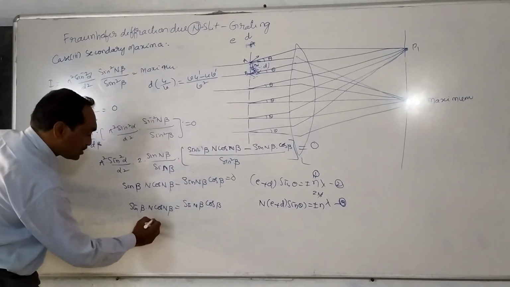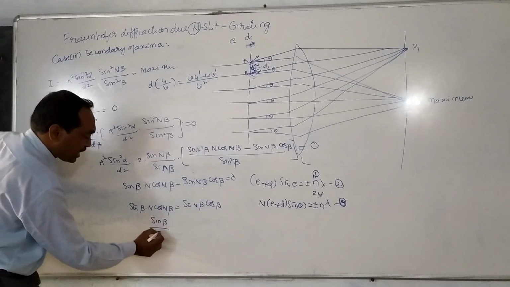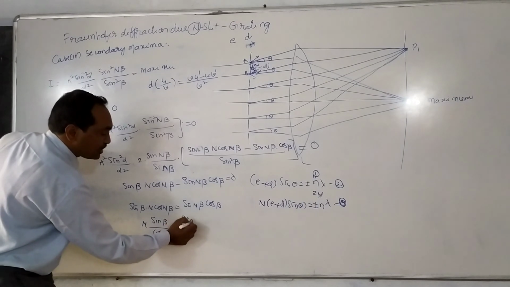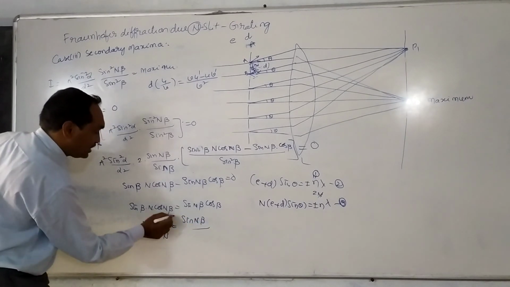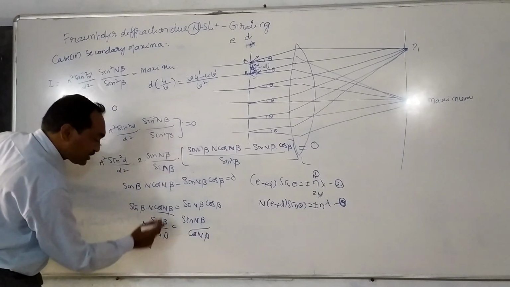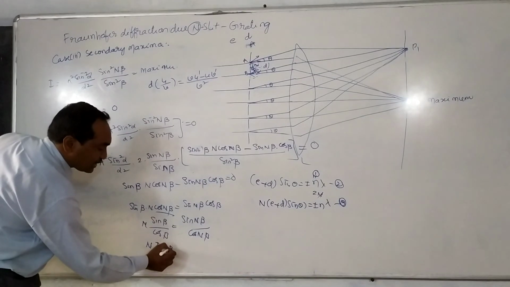Then sin beta by cos beta coming to this side, there is already n, is equal to sin n beta by cos n beta. So n sin beta by cos beta, tan beta, is equal to